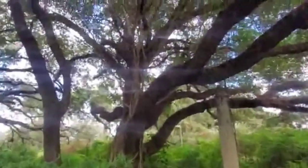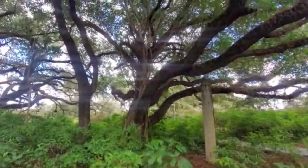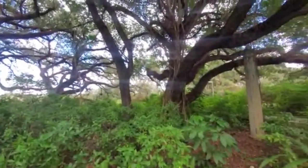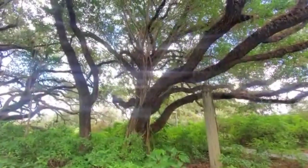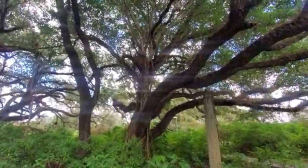Okay, this has got to be one of the largest live oak trees I've ever seen. And that's probably an offspring there. And there in the middle is one of those strangler figs, or just a banyan. And on the